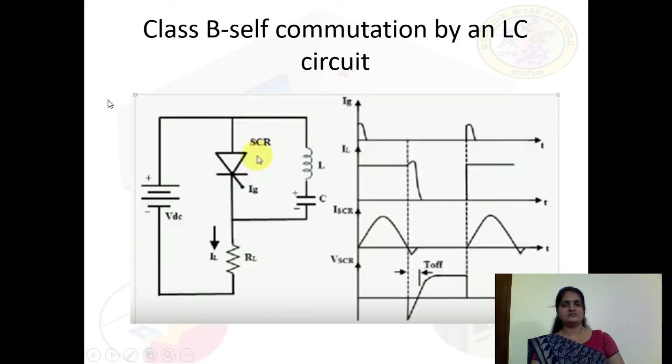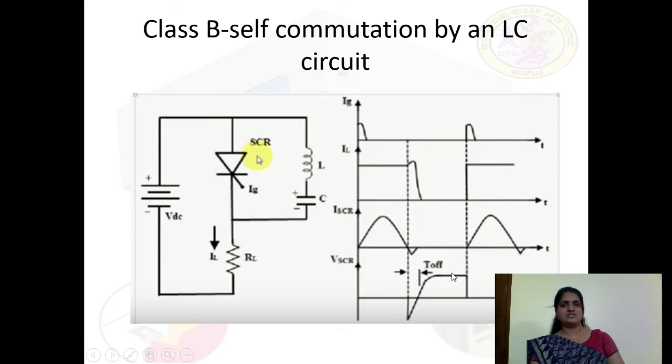This once again gives the information along with the waveforms of connecting the LC. Ig indicates the gate current and IL indicates the load current. This is due to the application of a small gate current, which makes the load current very high. Coming to the current at the SCR, the total current at the SCR will be at the maximum and the voltage at the SCR will be 0. Once it enters reverse recovery, it operates at a very small negative voltage. This will be helpful to turn off the SCR.